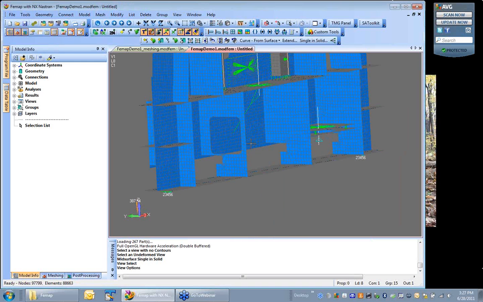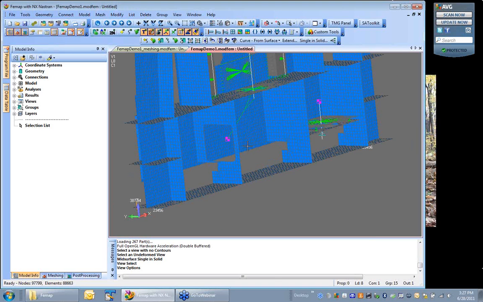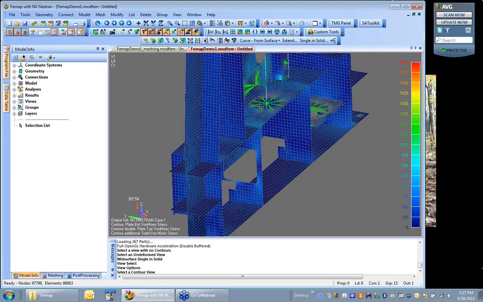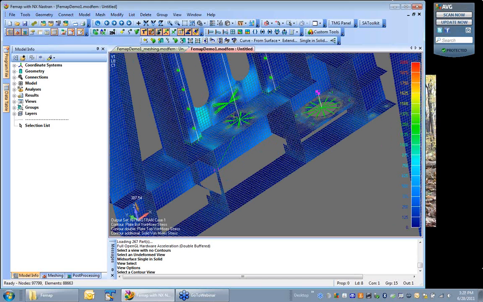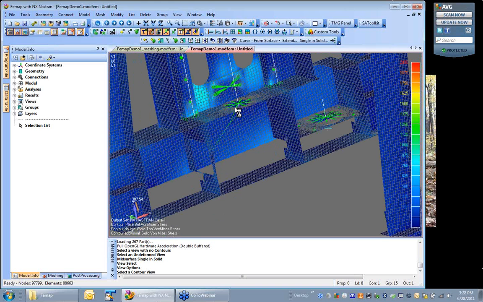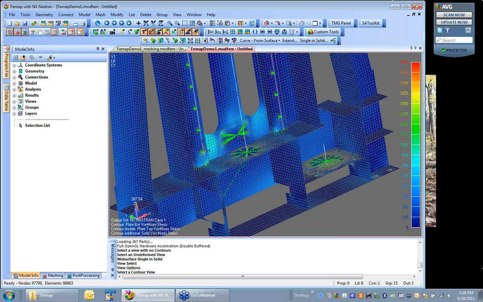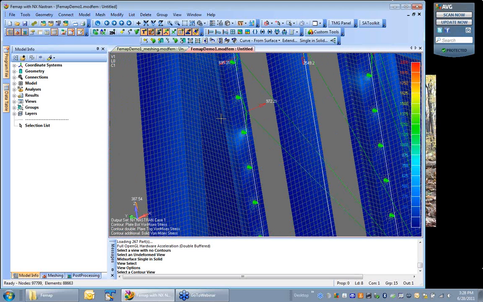And now you're seeing basically these are our plate elements. And then I can go ahead and show some results here. You're basically seeing contour plots of von Mises stress. And there are certain areas that are, if I go to a different part of the model, you'll see that there are areas up here which show a lot of stress, and